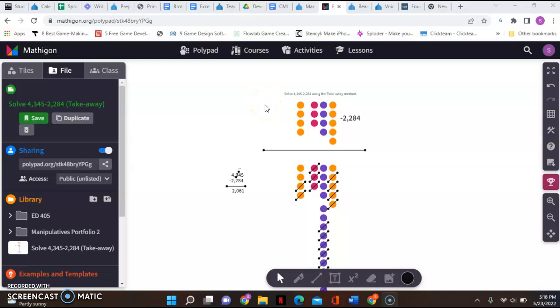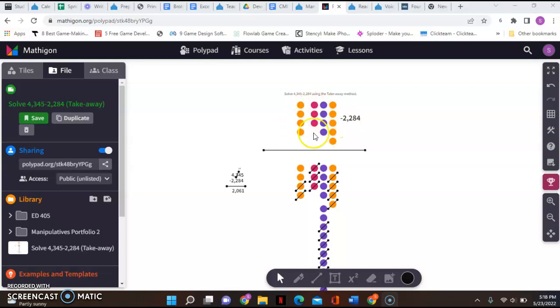Okay, awesome. So here we had to solve 4,345 minus 2,284 using the takeaway method and using the hierarchy counters or counter manipulatives. And so here I have the original equation with